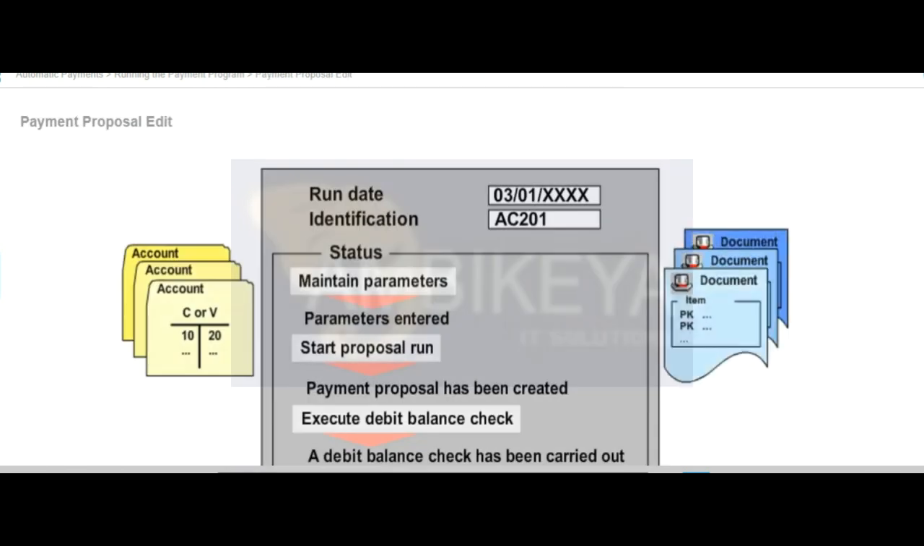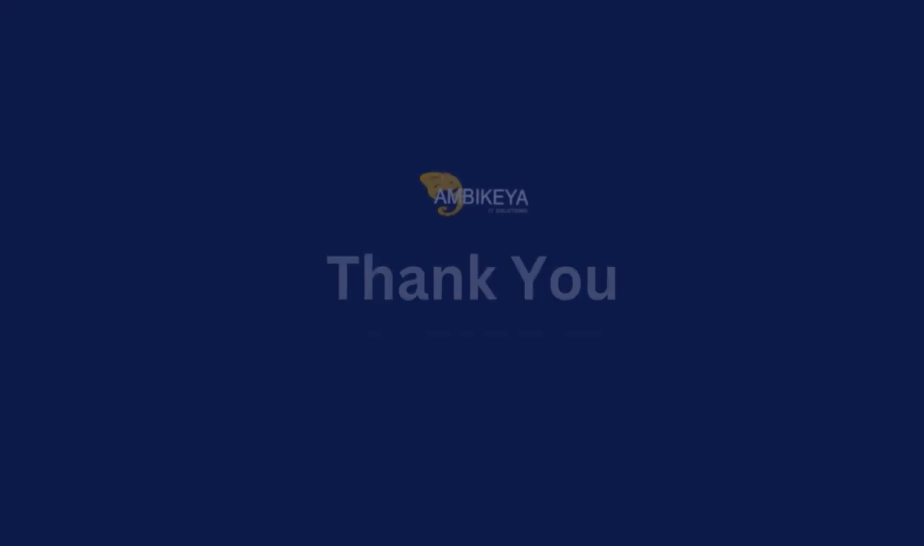When you run the debit balance check after the payment proposal run, the system automatically blocks all the debit balances not included in